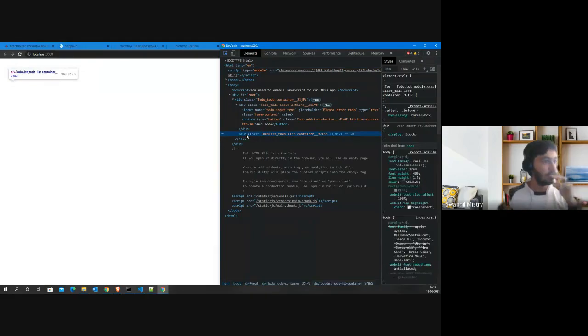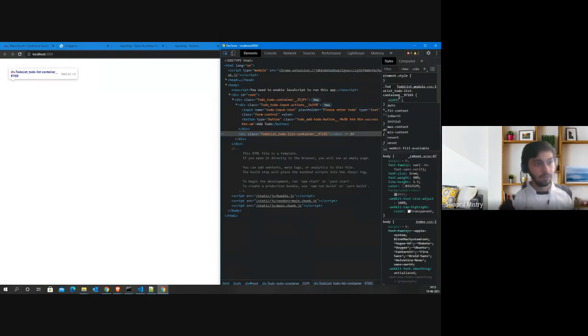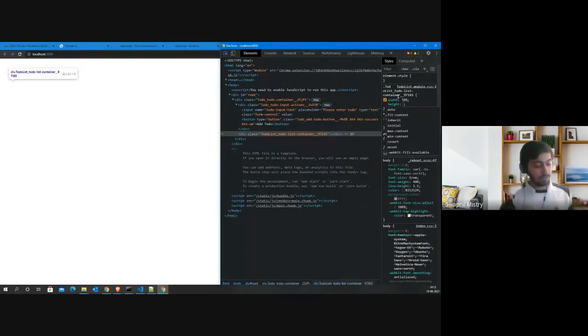So this is the todo list container. Okay, we don't have any CSS as of now. Okay, so let's just try to give this some width and height over here. So we'll give a width of 50%, and let's just give some height of around 50% also.